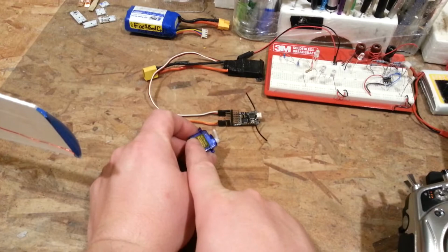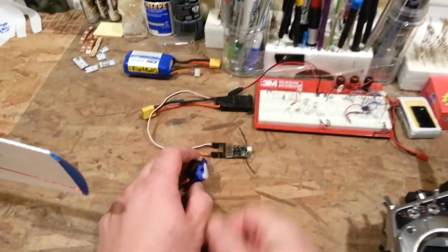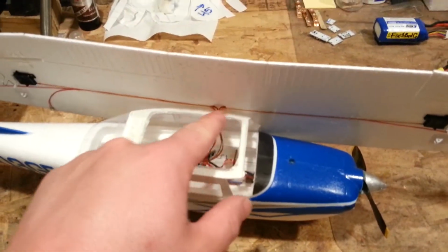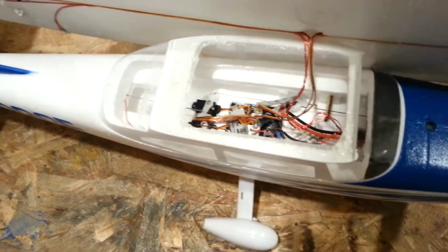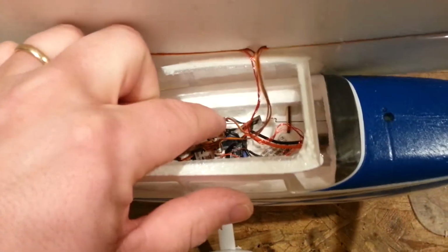And we also have this hooked up to a Hextronics 500 5 gram servo. It's actually a little bit more than that. And we have taken the wing off so we can get down to where our wires are. You can see where we tap power here to go into this channel. And there's another